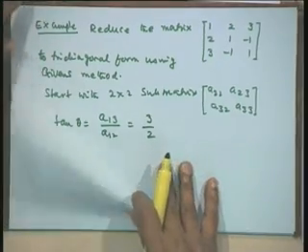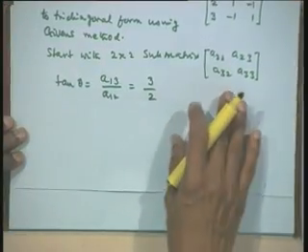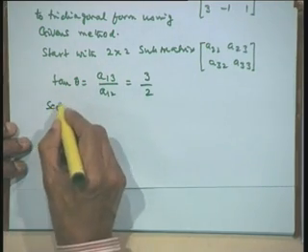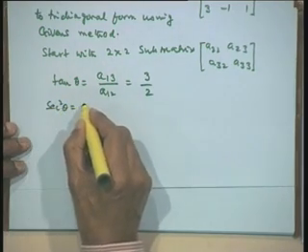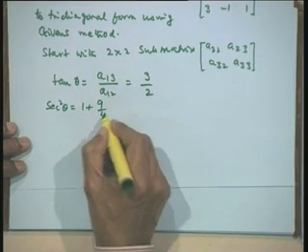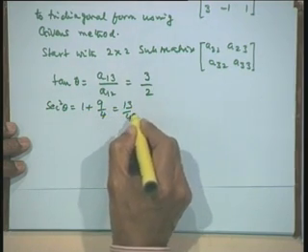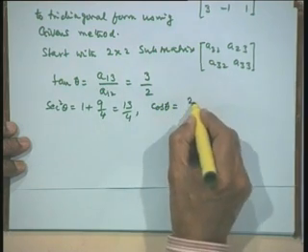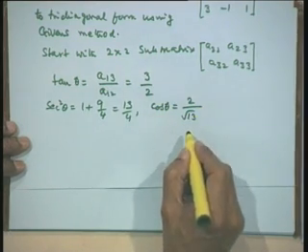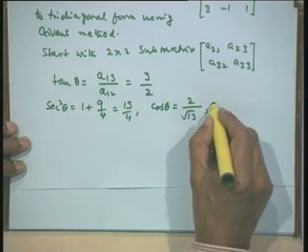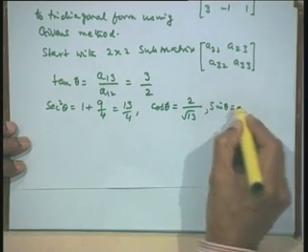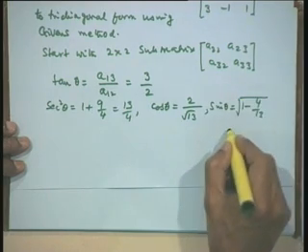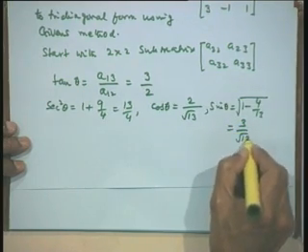Now, let us do exact arithmetic so that we do not have decimal numbers. So, let us write down secant square theta from here, that is 1 plus tan square theta, that is 13 by 4. Therefore, I can get cos theta from here as 2 upon root 13 and I can get sin theta as under root of 1 minus 4 upon 13. So, that is 3 by root 13.